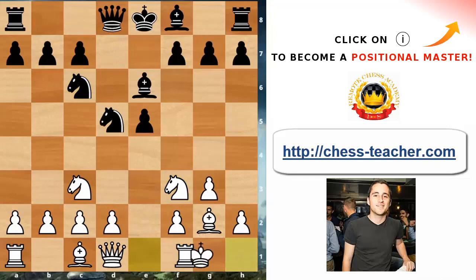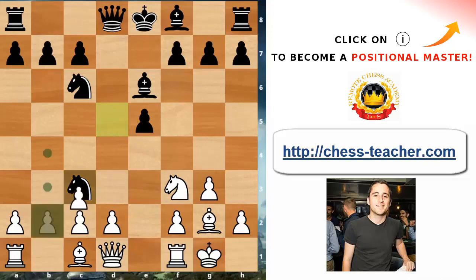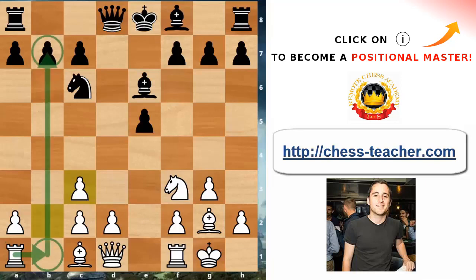Yeah, one last thing that I wanted to consider in this position: if black tries to take on c3, this is an important note. We take back with the b pawn. Always remember that in those positions, whenever black takes on c3, we always recapture with b takes c3. This gives us two benefits. One of them is the extra control over the center of the board, which makes the move d4 easier to achieve. But the second thing, which I find important, is the opportunity to put our rook on the b file,